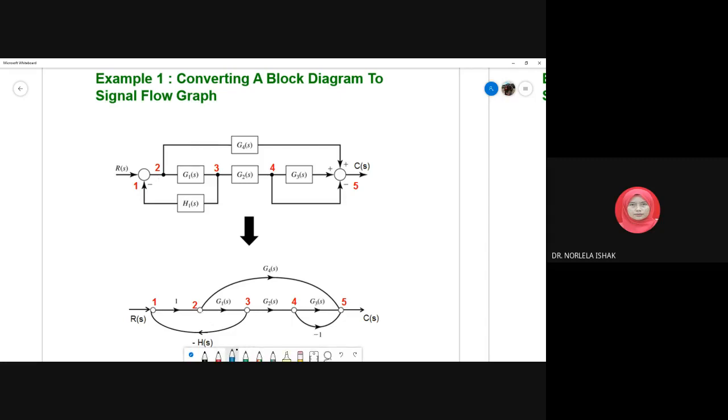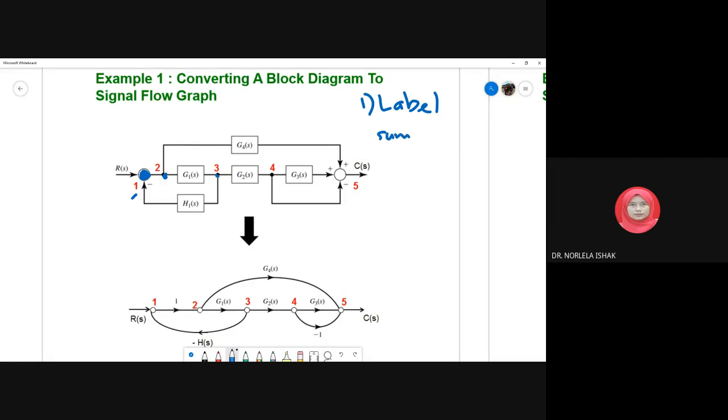The first step, we have to label. Label meaning, just now madam labeled number 1, meaning this summing point. This summing point I label with number 1. This takeoff I label with number 2. The next takeoff, sorry, pick off,